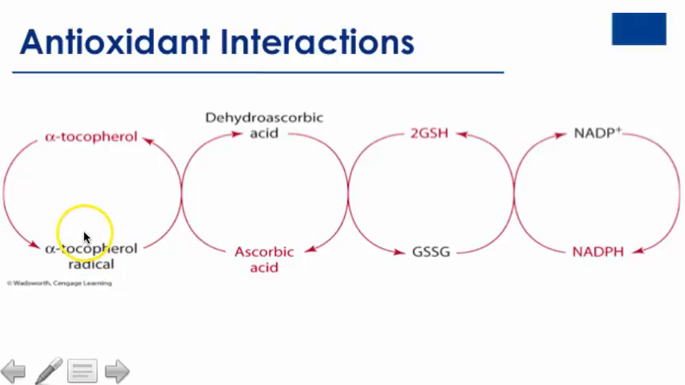So we left off in the last slide with the alpha tocopherol radical, which was formed when it was donating a hydrogen to a free radical. And you can see for the alpha tocopherol radical itself to become reduced, we see interaction with vitamin C. So this alpha tocopherol radical interacts with ascorbic acid, and the ascorbic acid becomes oxidized to dehydroascorbic acid, and the alpha tocopherol radical becomes reduced back to alpha tocopherol. So after interacting with vitamin C, the alpha tocopherol can then continue to reduce the free radicals and terminate